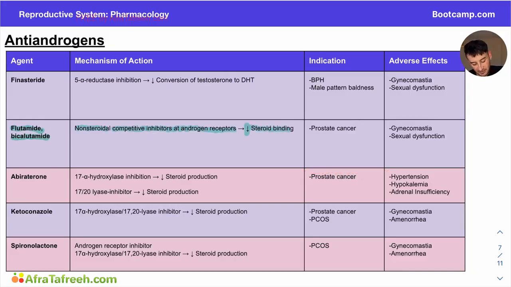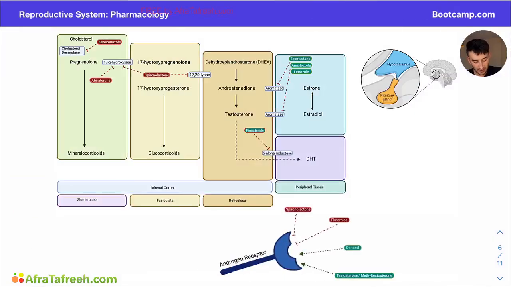to decrease the amount of steroid binding at our androgen receptors, and these are going to be non-steroidal agents. So if we take a look here is our flutamide, and essentially it is not a steroid, it is just an inhibitor that is a non-steroid that is acting directly here at our androgen receptor. And when it acts at this androgen receptor, it's preventing other androgens from binding here and exerting their effects.